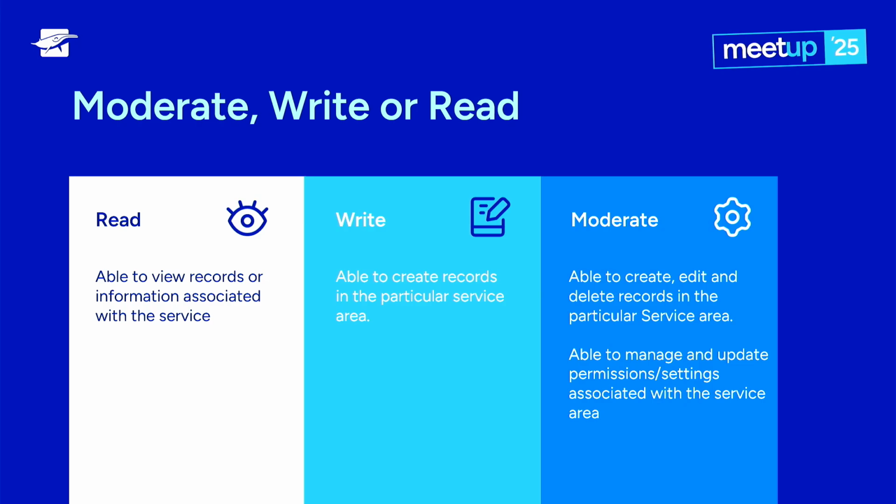So to read means you're able to view the records of the information. You can see what's going on. This applies to things like news, calendar, the CMS, the pastoral. You're giving people access to components of it. Write gives them the ability to modify and update all of these components. And moderate, which typically applies to things like news and pastoral, provides additional ability to oversee and change what others are doing.